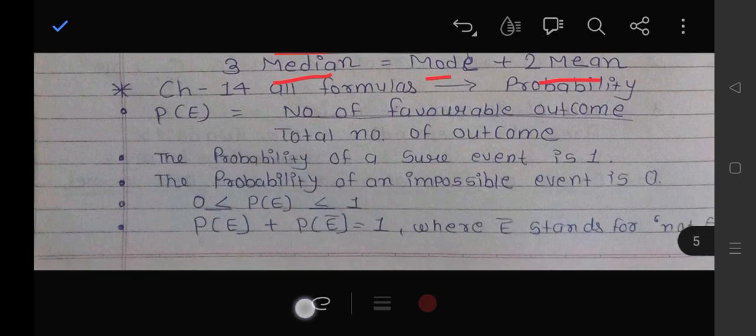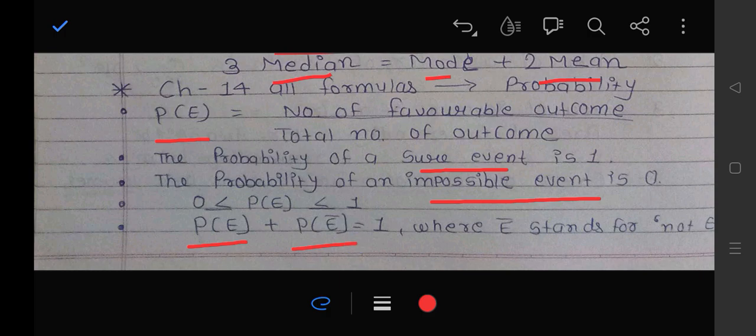Chapter 14. Probability of an event is equal to number of favorable outcomes upon total number of outcomes. The probability of a sure event is 1. The probability of an impossible event is 0. Probability of an event is greater than or equal to 0 and less than or equal to 1. Probability of an event E plus probability of not E is equal to 1, where E bar stands for not